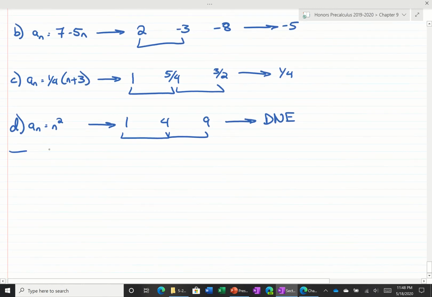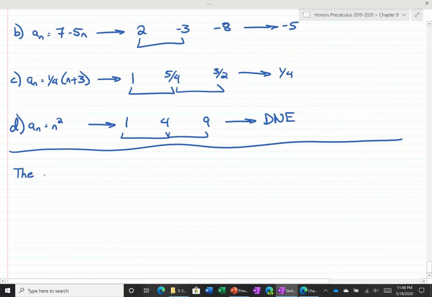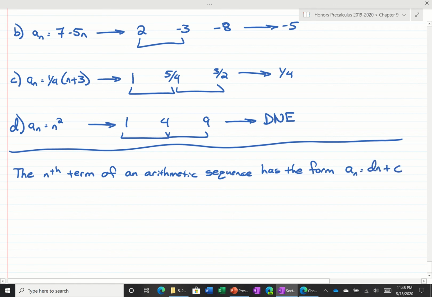All right, so let's get into formulas with this. We'll say that the nth term of an arithmetic sequence has the form a sub n is equal to dn plus c,